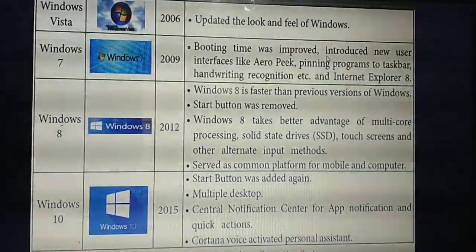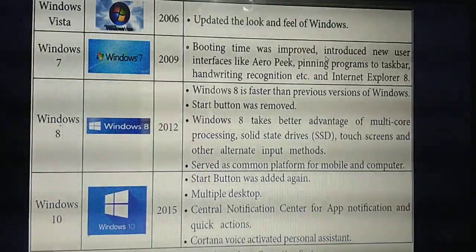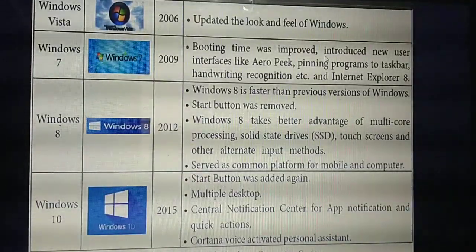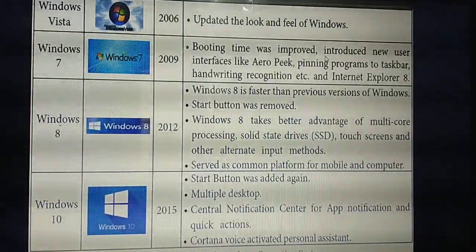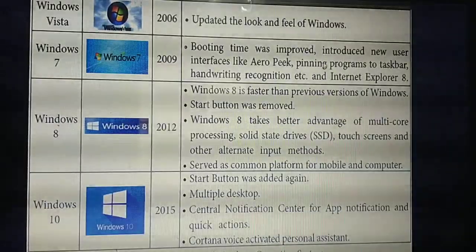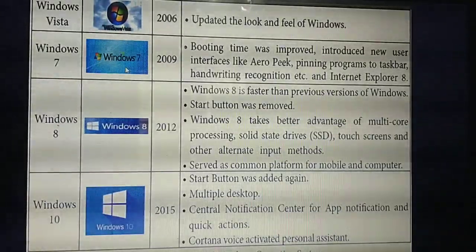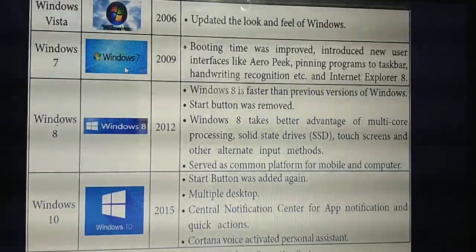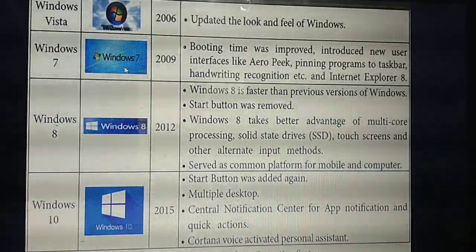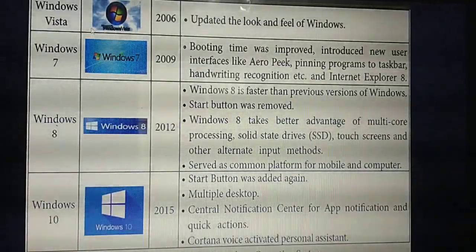What do you mean by booting? Once you switch on the computer, within a second the computer turns on, all the devices are connected and checked properly within a moment. That is called booting time. That improvement was done in Windows 7.